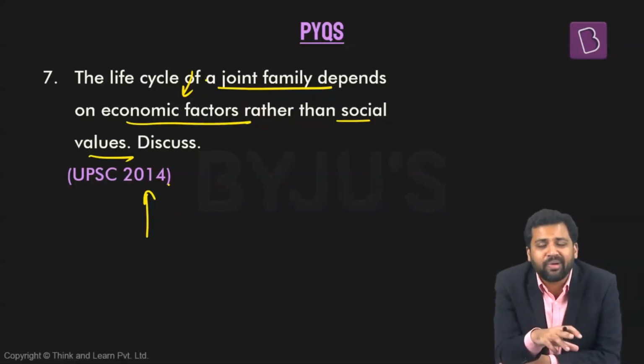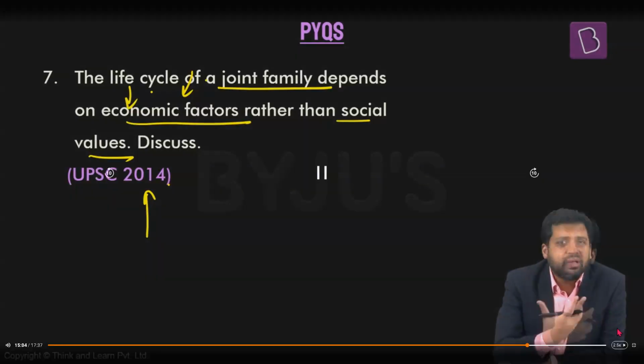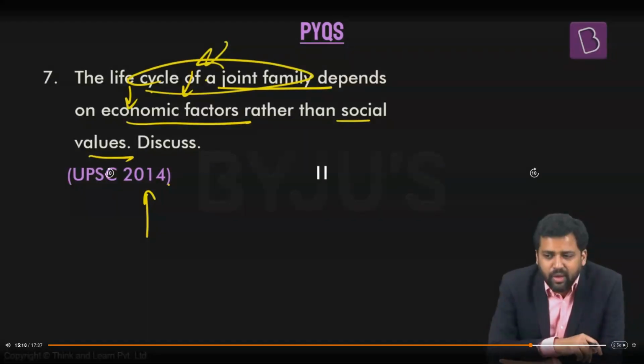So this is what we talk about. What are the social values, what are the economic factors which impact the joint family, and how economic factors have a larger bearing maybe, right? So that is how we can explain how the joint family changes to a nuclear family over a period of time. Also, you can keep in mind